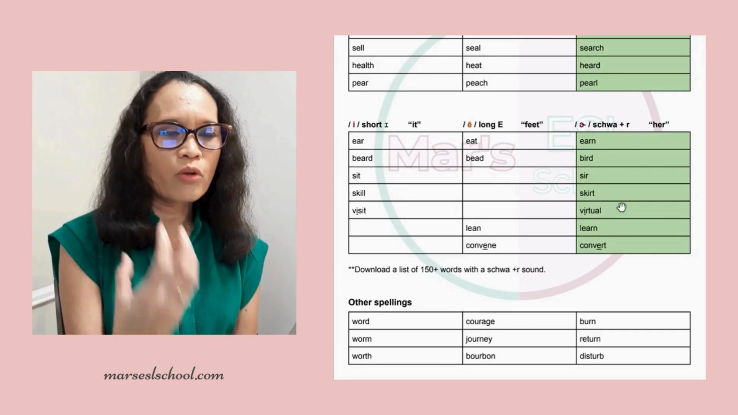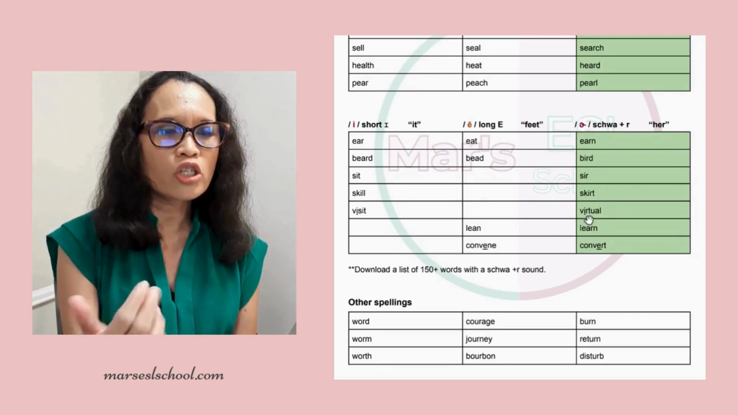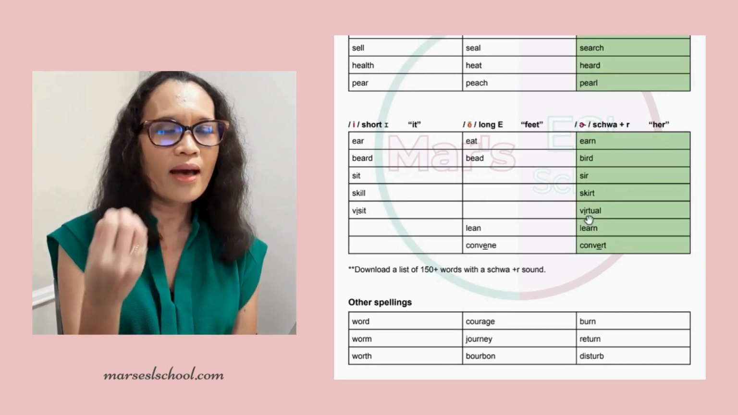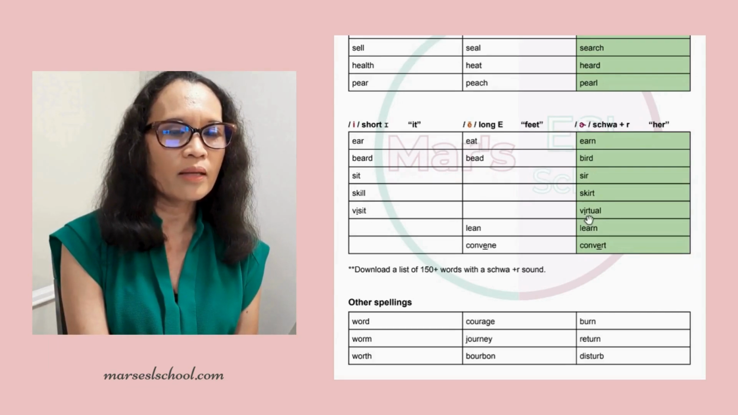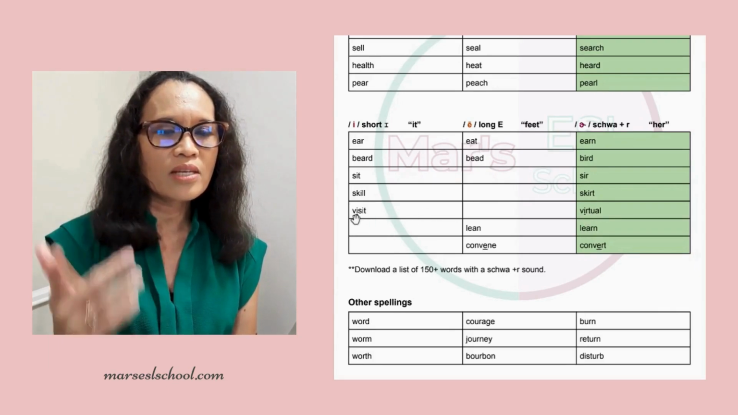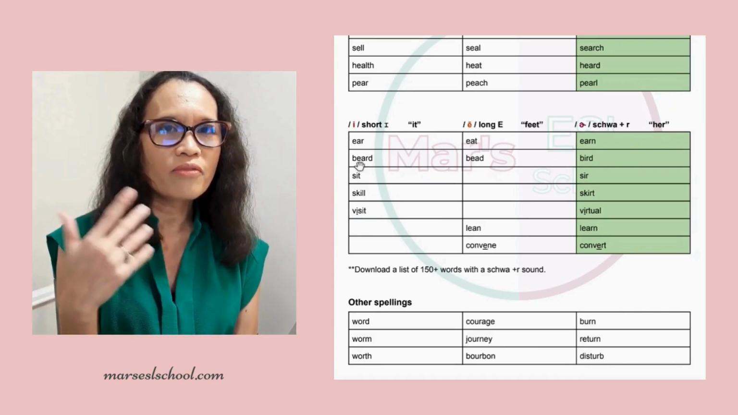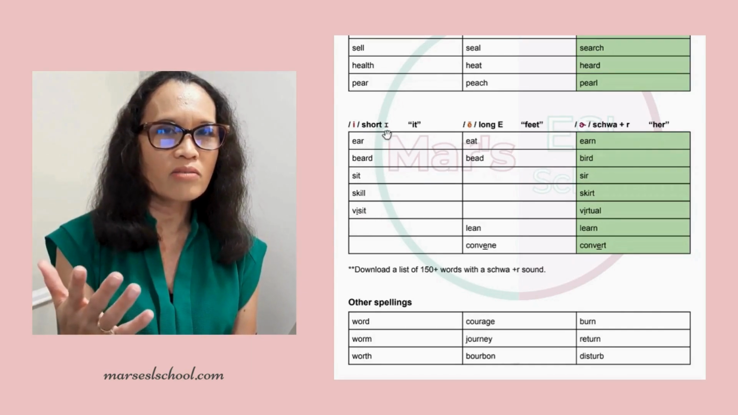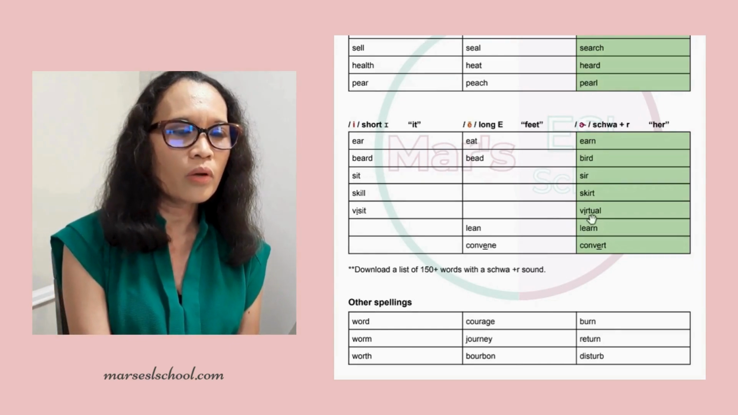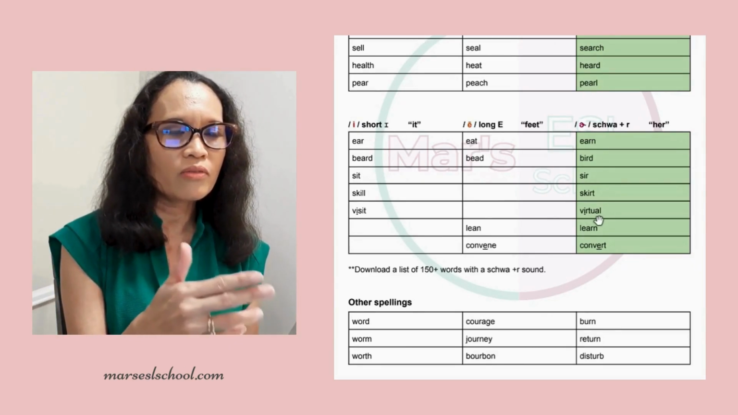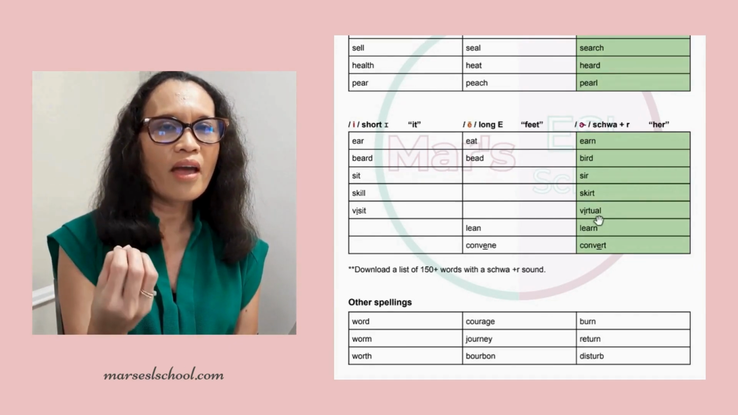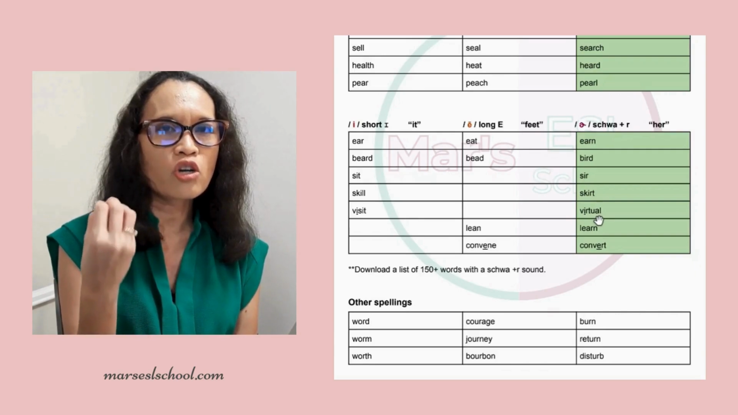skirt. And then we have virtual. Virtual has the letter I in the spelling, like visit, but the VI in visit has a short I sound. But here we don't have virtual, we have virtual. This is a very heavy R sound, the schwa+r,